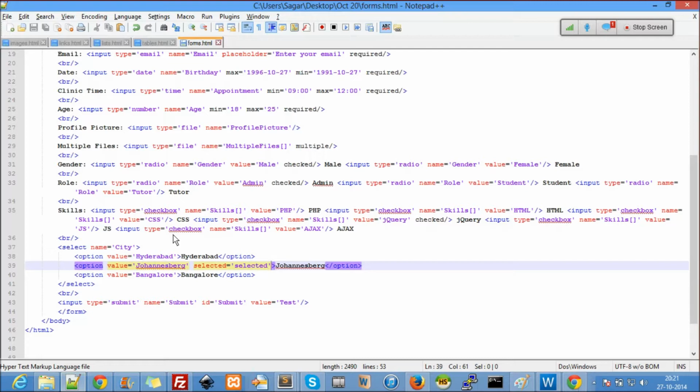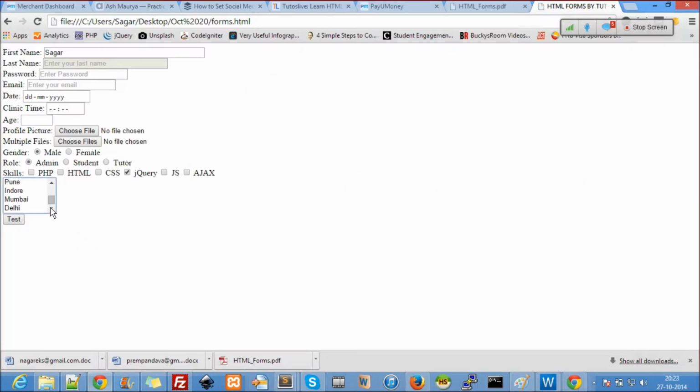So what's the difference between select, radio and checkbox? Can you guys figure it out? The difference between select, checkbox and radio. See, when I say multiple, this is what happens. So I can select multiple. You have to hold control, and now you have selected multiple. I'll tell you the only difference is, let's say in a checkbox, if you have 200 options here, how much space will it take? Checkbox, it will take a lot of space, right?